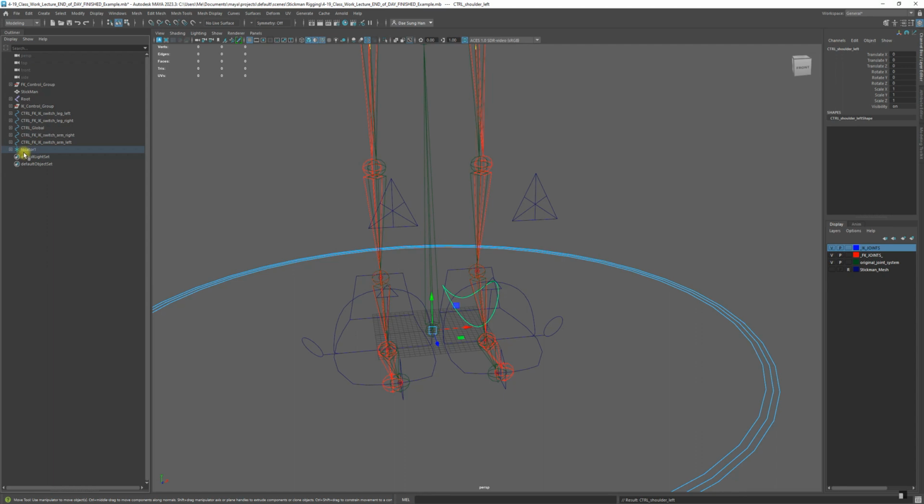When I open the locator, here's the shoulder controller. Then let's just rename this locator. We're gonna name it ORG for organized container. What type of a container? It's a forward kinematic container,